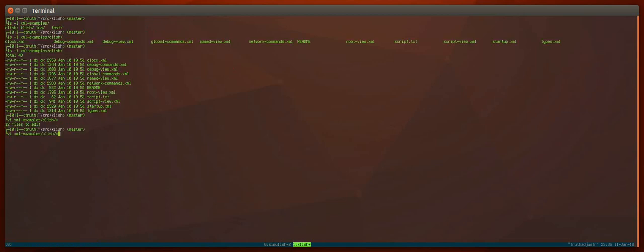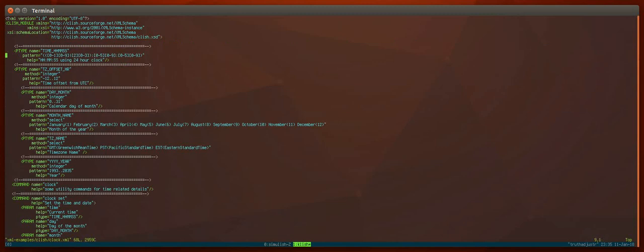Let me view the file again. Let us describe some of the XML elements that are involved in the clish command structure. Clish has an XSD schema specified here. If you want to know the absolute form of the XML, it has a p-type XML element. The purpose of the p-type is that